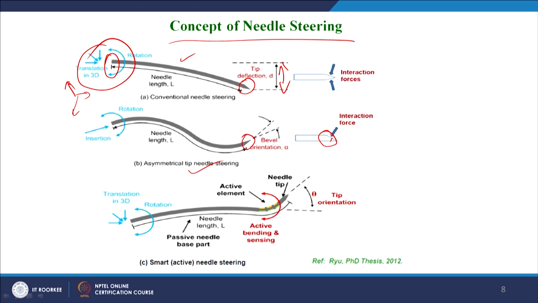This is the needle steering at the base, insertion and rotation around the needle axis. So, 2 inputs are given, input 1 insertion, input 2 rotation